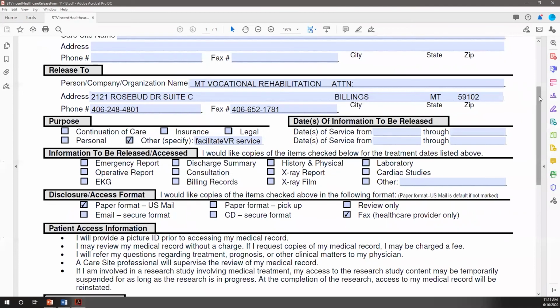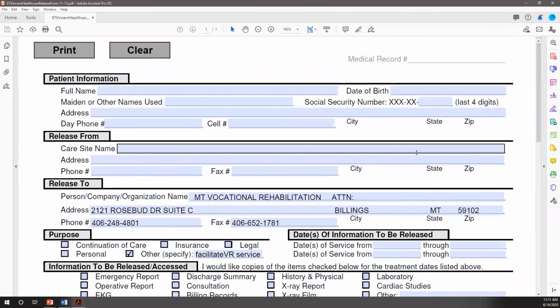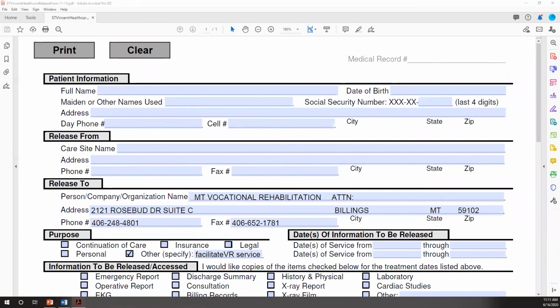And we have different ones for different areas. So we have a psychological consultant's review form, an alcohol and drug counselor review form, and a medical consultant's review form. We also get medical records if we need them, but a lot of times that takes care of us being able to determine them eligible, and it also helps with creating their plan. It just depends on whether the person is willing to go get that done and whether the doctors are willing to do it. But for those that are, it makes everything go a lot smoother and faster.